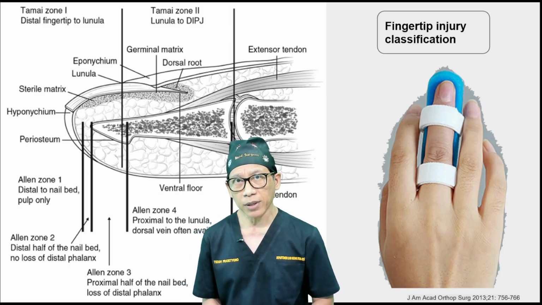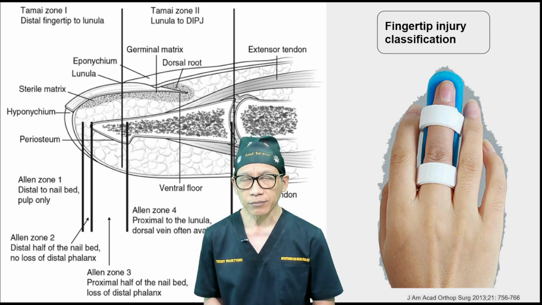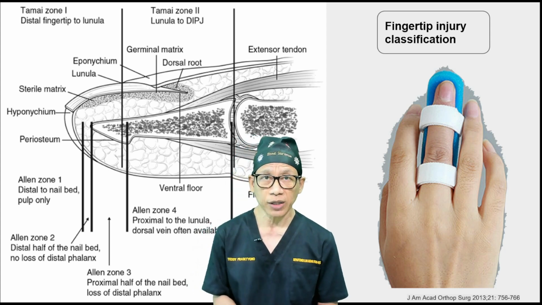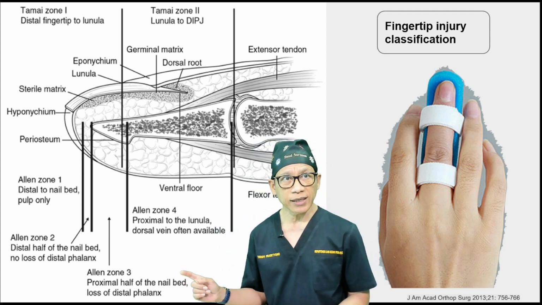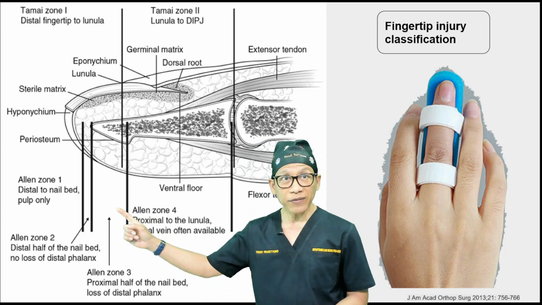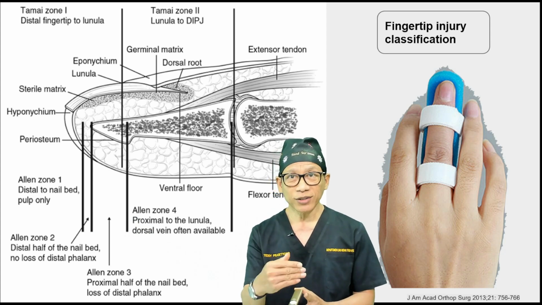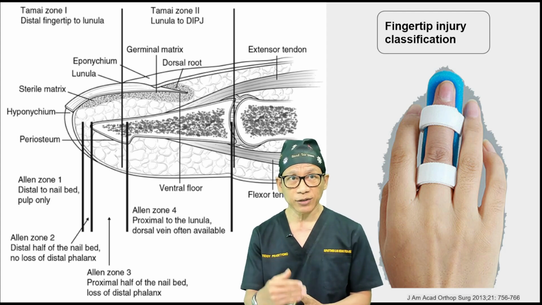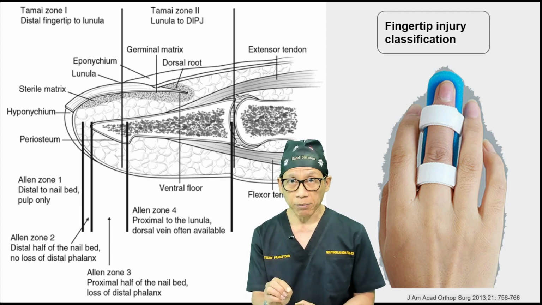Okay, so this is an example again to bring you into further detail of the anatomy related to fingertip injury, where there are some classifications of fingertip injury, but you could recall the Allen classification. So we could see the Allen type 1 on your left. The level is basically only at the fingertip, beyond the nail bed. Okay, so just distal to the nail bed. It involves only the most distal point of the pulp of the finger.